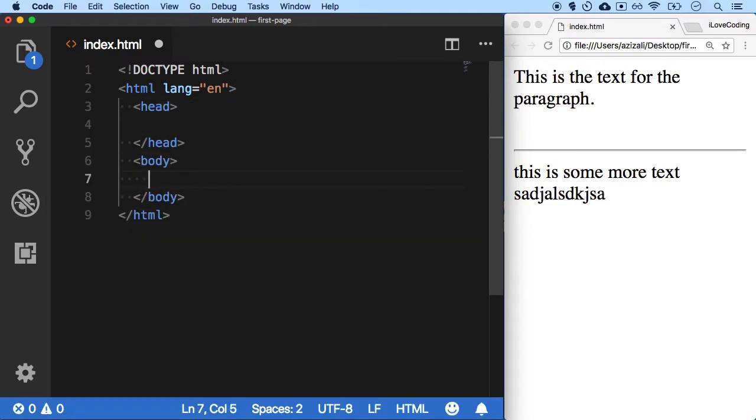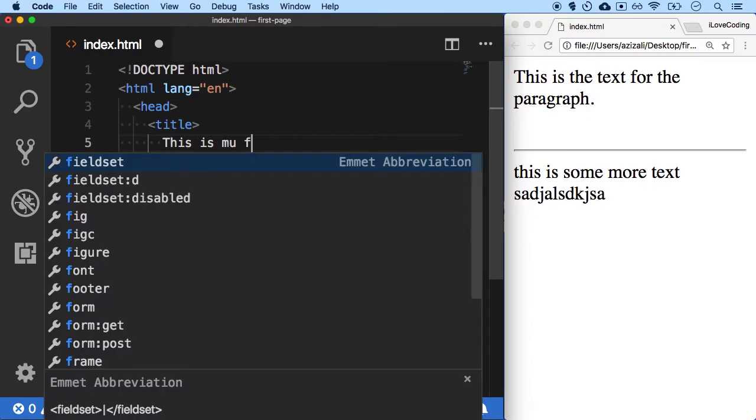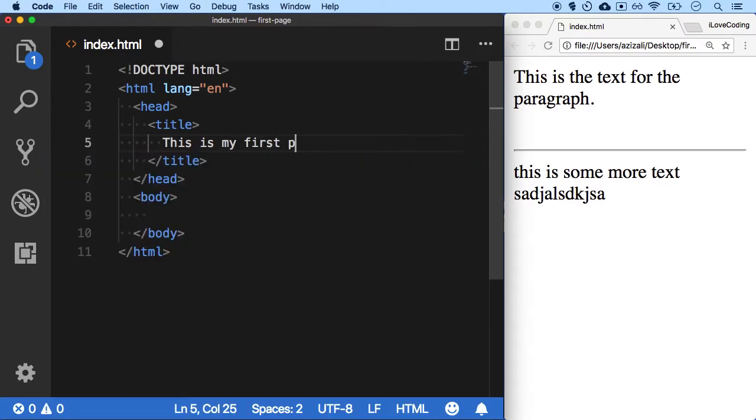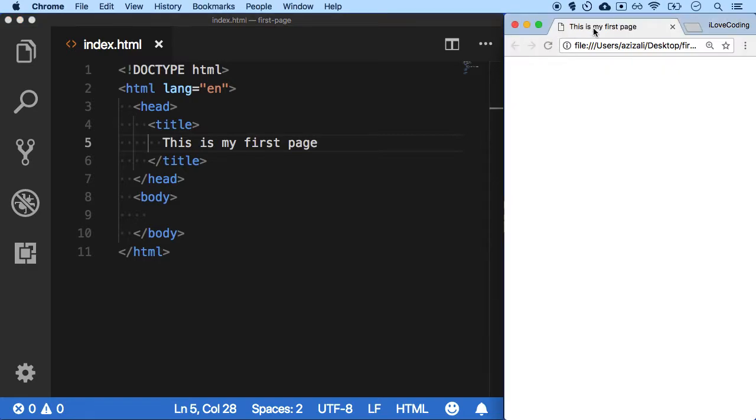Now, as you already know from our previous video, the body element, whatever it has, will basically show on the page, and anything inside the head are basically options for this entire web page. So one important element for an HTML document is the title element. So I'm going to put it in. And over here in the title, I'm going to say the title of this page. So let's say my page title is, this is my first page. All right, save. And now I'm going to refresh,